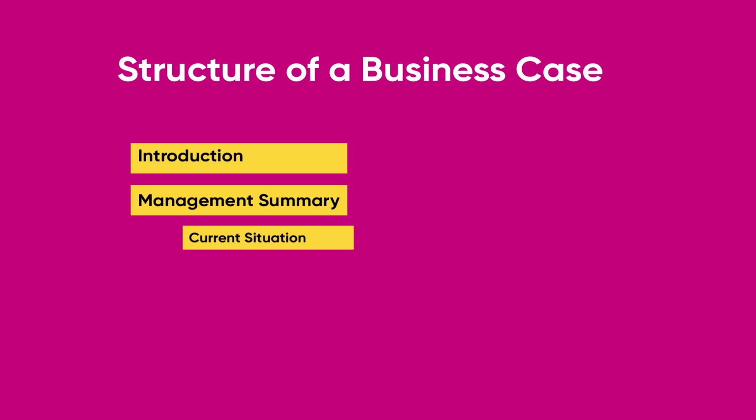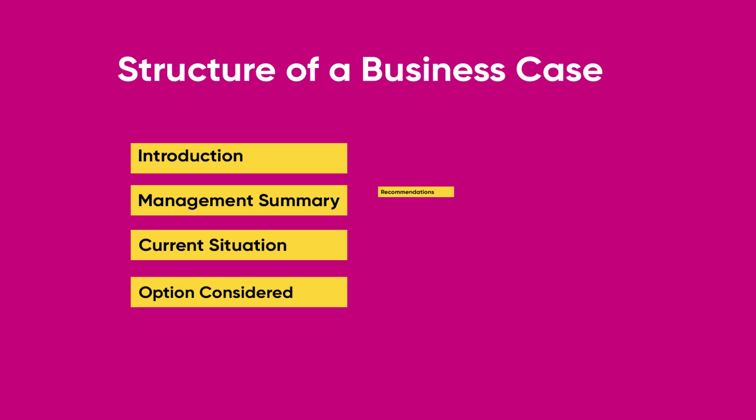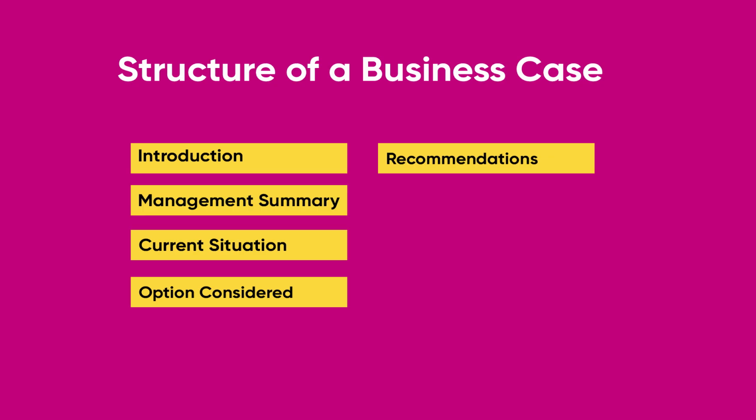Current situation, a clear picture of what's happening now and why change is needed. Options considered. Here, we list potential ways to solve the problem. Each option includes cost and benefit analysis, financial implications for each option, weighing the benefits, impact assessment, how each option could affect the organization, risk assessment, what risks are involved with each choice, recommendation, the proposed way forward, backed by